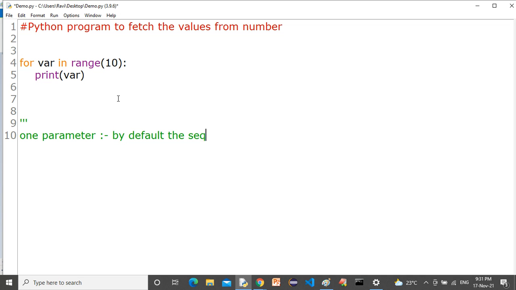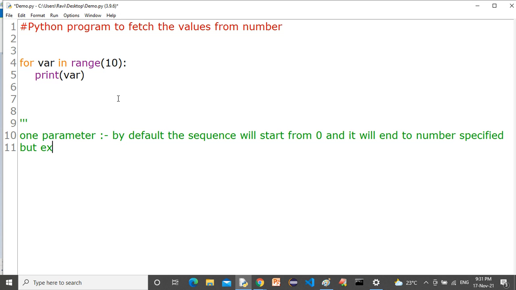By default, the sequence will start from zero, and it will end at the number as specified, but exclusive the number.